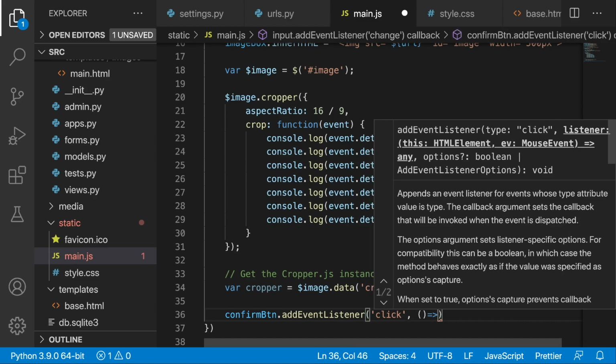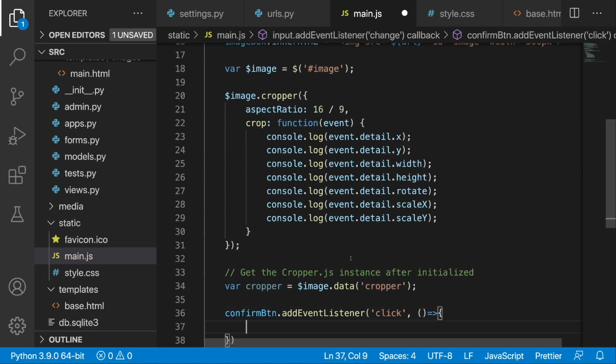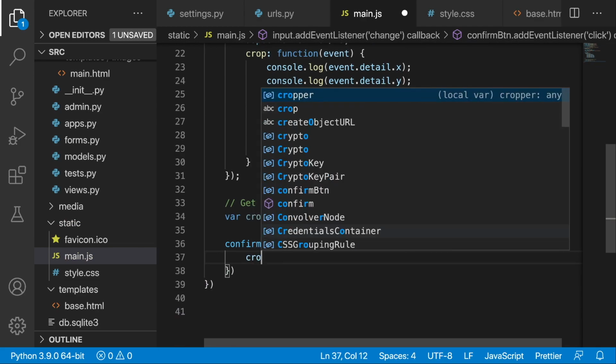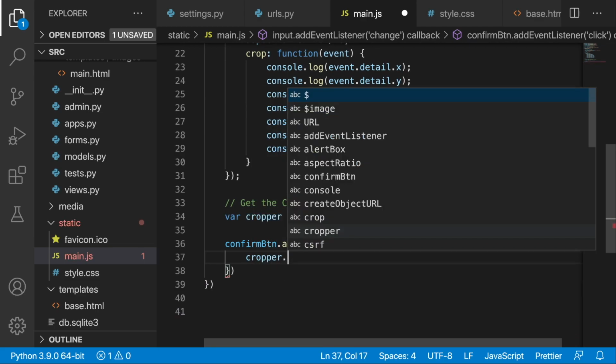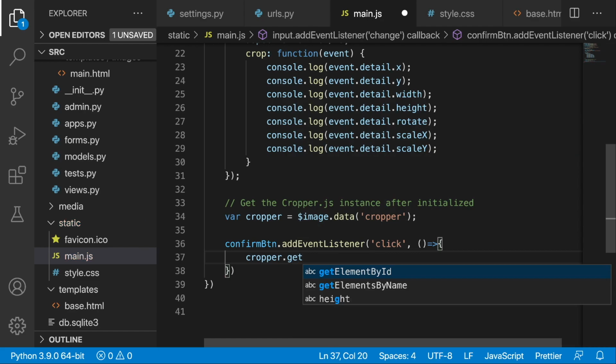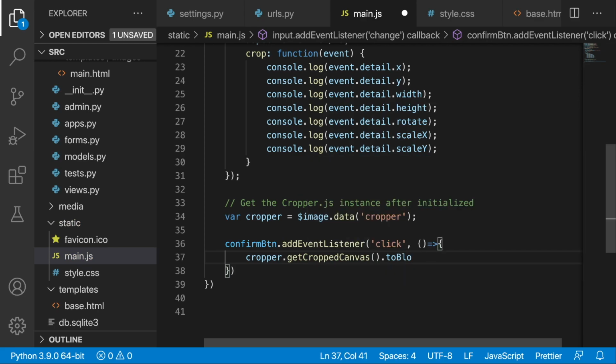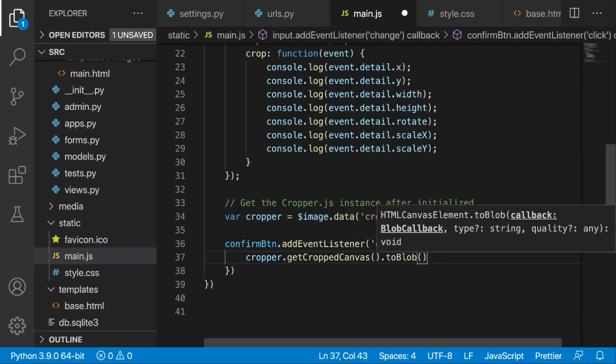And once we click this confirm button, we are going to execute some code. So right now I'm going to put in cropper, and we are going to reference a method called getCroppedCanvas. This is in the docs, and then we are going to put in toBlob, pass in the blob,